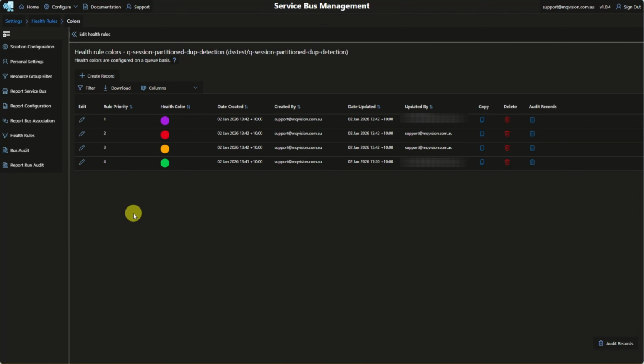This is where priority comes into play. As you add rules, the new rule is given priority 1 and the other rules are shuffled down. All rules are evaluated at each 15-minute run. So if more than one color is a match, the solution will consider the rule with priority closest to 1 as the winner. So in this case, as the red rule is priority 2, if it is a match,